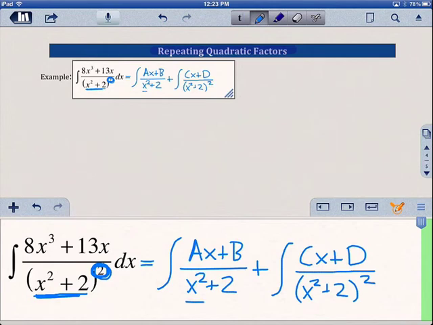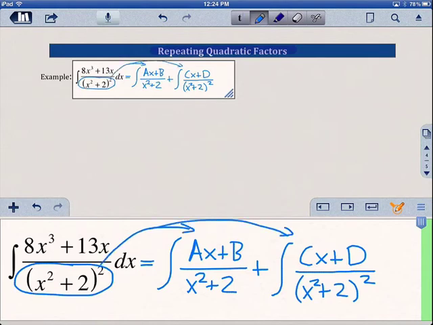Okay, so this is very similar to what we did with the repeating linear factors. You take the first factor and then the factor to the next higher power, and you would just keep going if there were more powers. Okay, so it looks like we have our fraction expansion set up, and now we need to find our basic equation. So remember, we're going to multiply this times both of these, and we're going to lose some of these